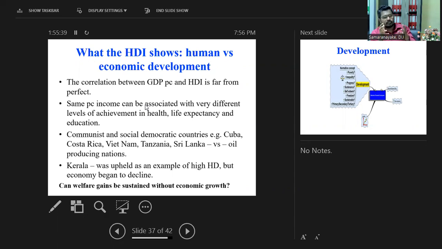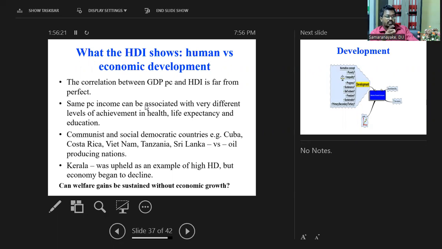You can also observe further whether countries who are not good in economic gains have the potential to improve their welfare gains further. For example, I would mention Bhutan, as I mentioned earlier. They are concerned with gross national happiness rather than gross domestic production. You can observe and study further; Bhutan is a case study for that, whether they are doing well in terms of their welfare through the so-called gross national happiness index, right?